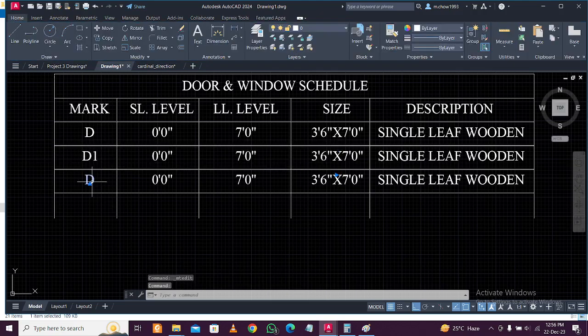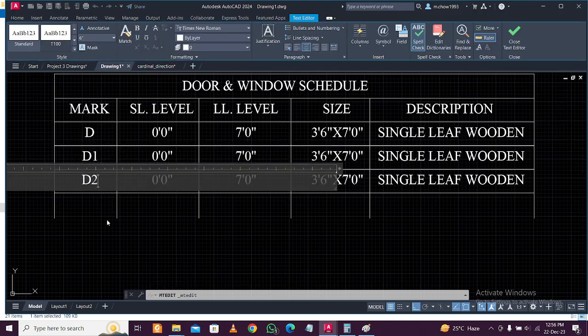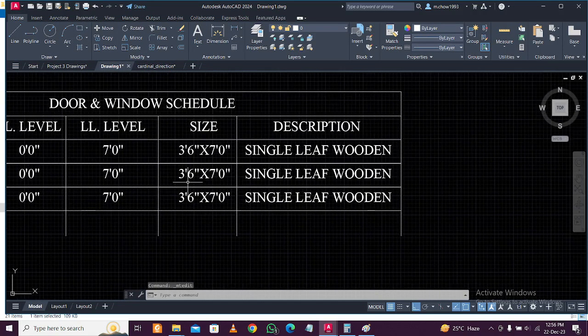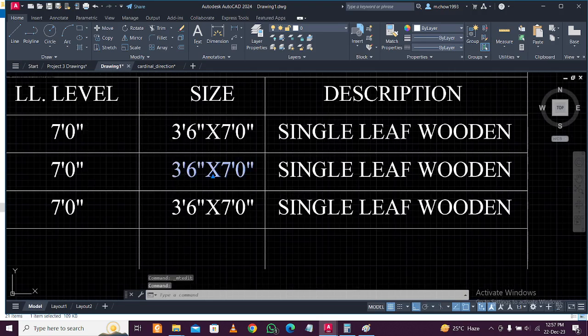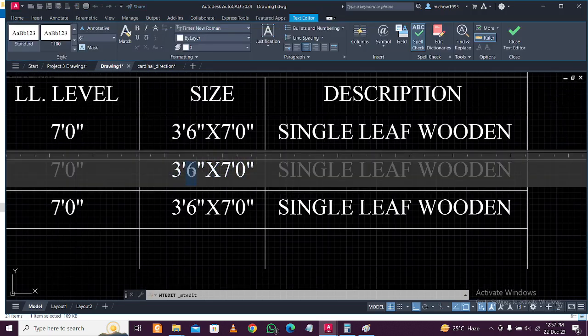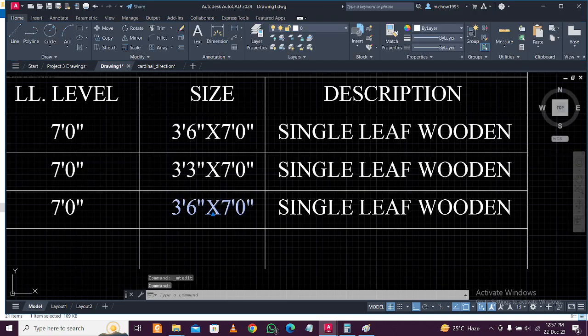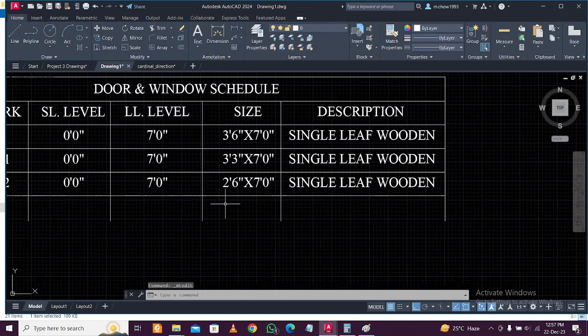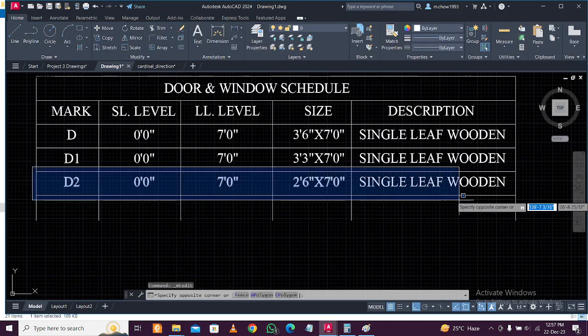So D1 and D2 sill level is okay. Size will be, for the D1, this will be 3 feet 3 inches, and for this one it will be 2 feet 6 inches, right? So then select